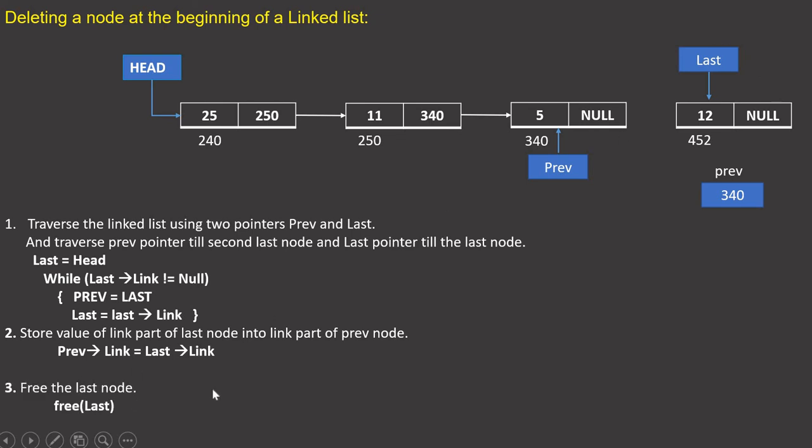And now you are going to free the last node, so this value will be deleted and this node will also be deleted by using this inside C++. If you are using some other language, you use some other code. This is just the pseudo code. So I wanted to delete the last node, which is deleted now.